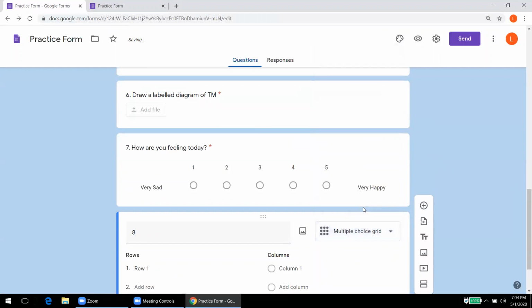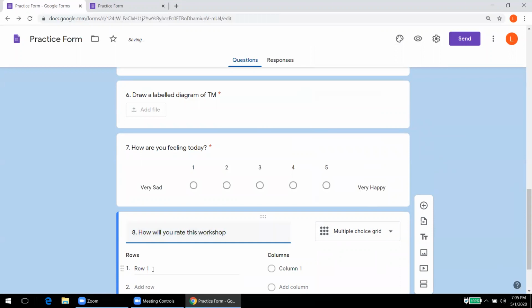multiple choice grid. Now this type of question can be asked when, I'll tell you with the example, like how will you rate this workshop?